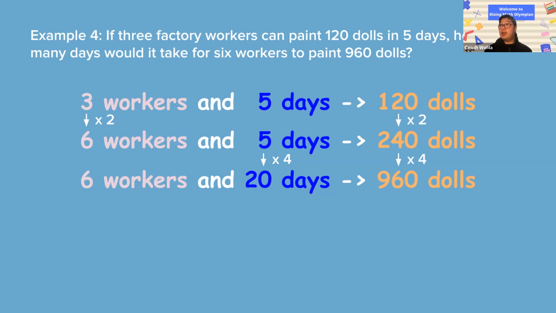And now the result you get at the end gives you the answer. You're looking for how many days it would take. In this case, for 6 workers, it would take 20 days to make $960. So that's a bit of a shortcut if you don't want to use the work